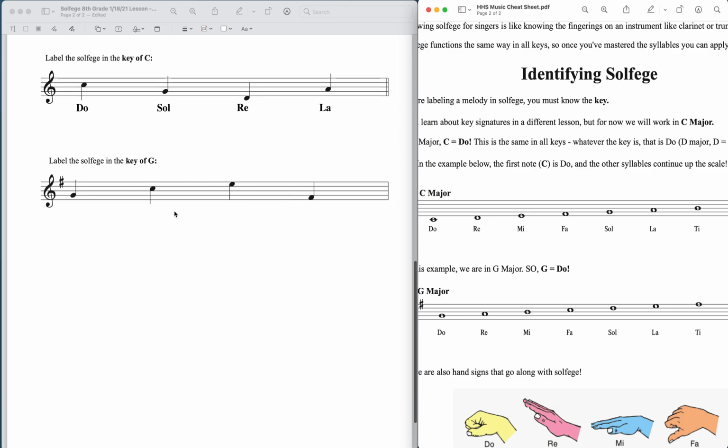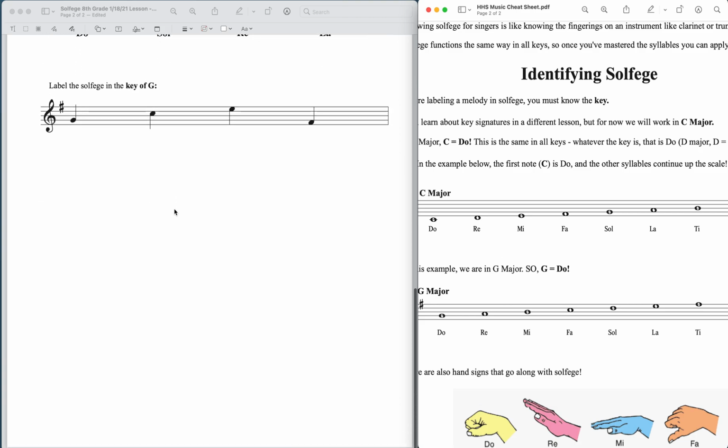Now we'll move on to the key of G. And in the key of G, do is G. So we start conveniently on a G, so I will make another text box and label that one. This must be do. Okay, there it is. Now the next note would be re in this space. Next note would be mi in this line. And then in this next space, which this note is on here, it's the note C,